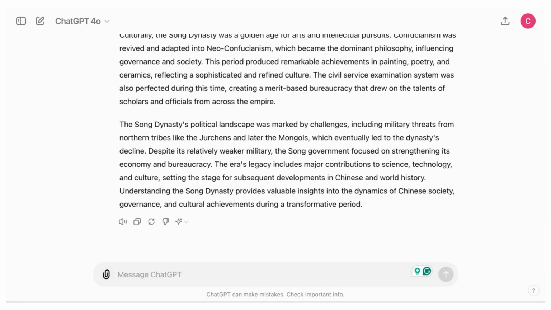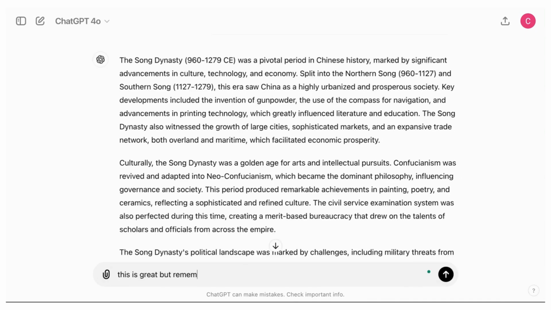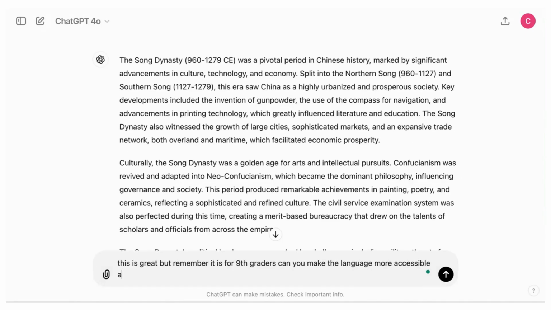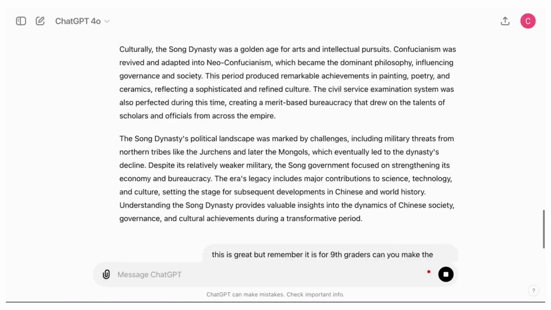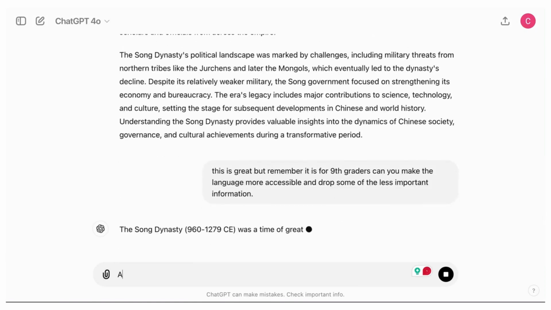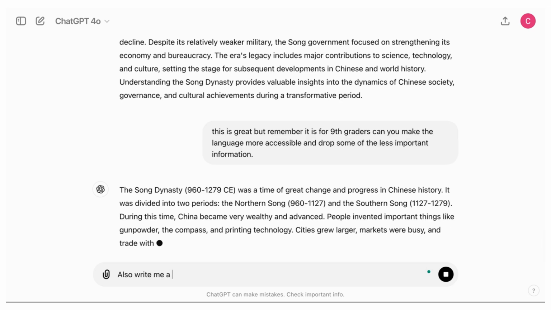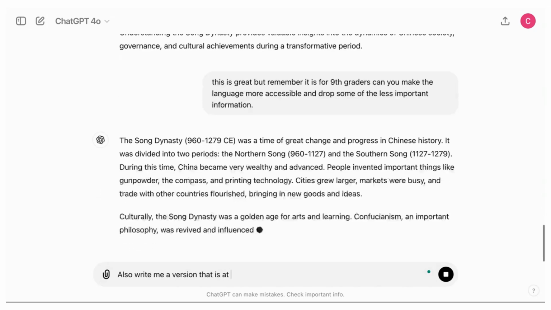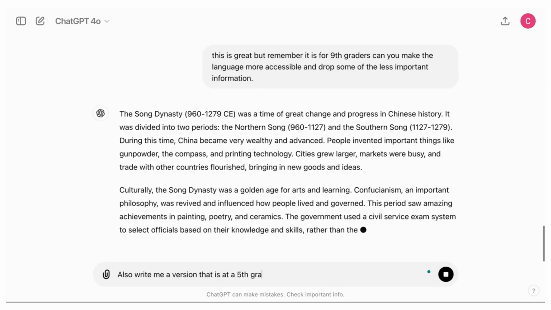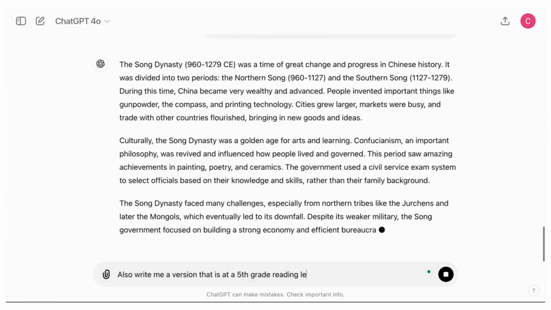It's very detailed, it hits on major themes here, and it's focused on the correct information, but it's not good for my audience. So I'm going to say, hey, remember that this is for 9th graders, and let's go ahead and drop off some of the less important information and focus on less. The AI takes some time to rewrite this, and I get a much more usable output. This is the kind of thing I would absolutely use at the beginning of a unit,